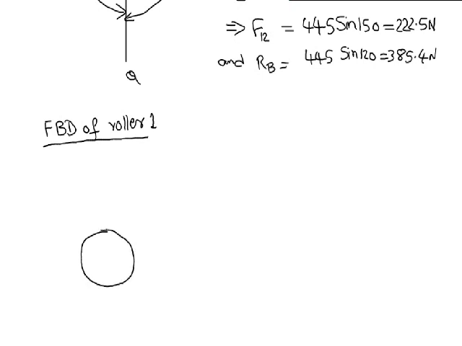You have roller 1 like this with weight acting vertically down. This is Q. You have one force exerted as indicated here. This force we will draw as F21, force exerted by 2 on 1. This will be equal to F12, which is equal to 222.5 newtons by Newton's third law,